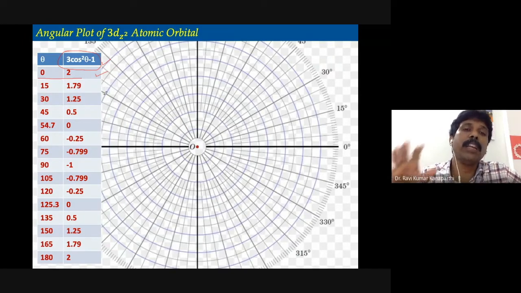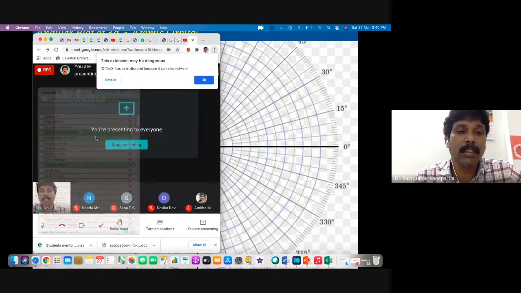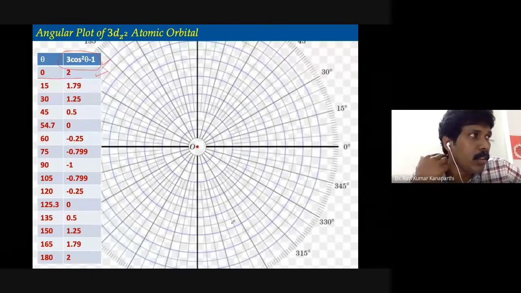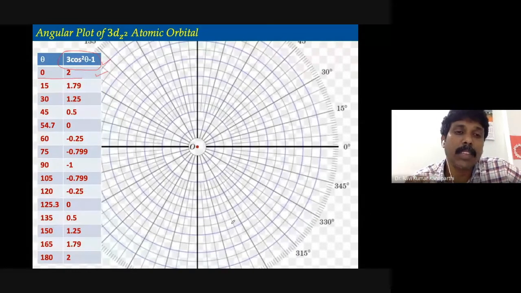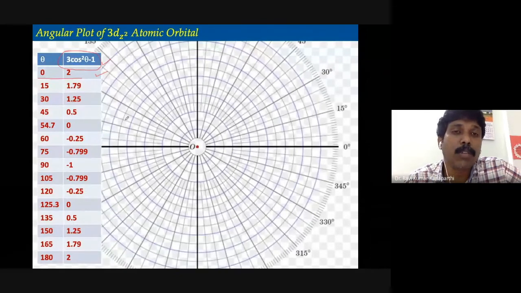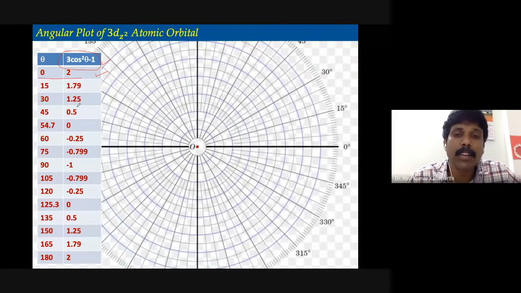Now our job is to locate this along a particular axis. What is that axis? The axes basically represent the angle, from a starting point to the ending point. In this case it is not 360, but the theta angle is defined with respect to the positive z-axis. It is varying. It is the angle. So along a particular angle, you try to locate the magnitude of that one. Forget about the sign of the value you calculated. You are only concerned about the magnitude, and then try to locate that point.